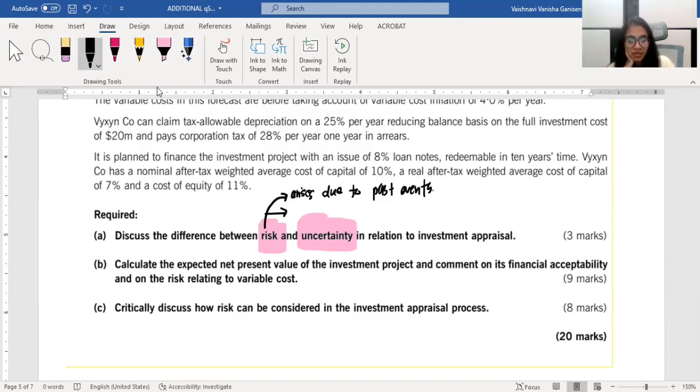It can be quantified, and how you do it is you use expected value analysis, while uncertainty, no past event